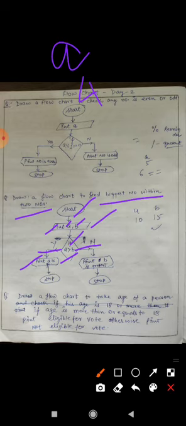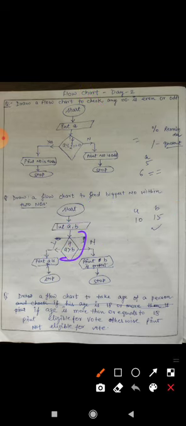Here you will not take A and B same. I am telling you, suppose A is more than B or B is more than A. I am not checking equals to here. That's why A and B should be different. So if this condition is wrong, it will move to the no side, and if true, it will move to the right side, the yes side. If you move to the yes side, A is greatest. When you move to the no side, what will be the output? B is greatest. Stop.